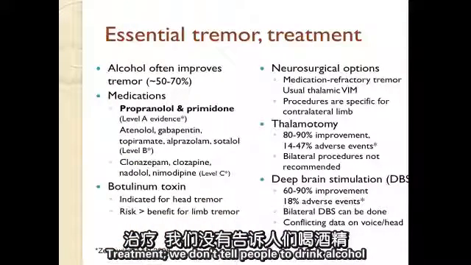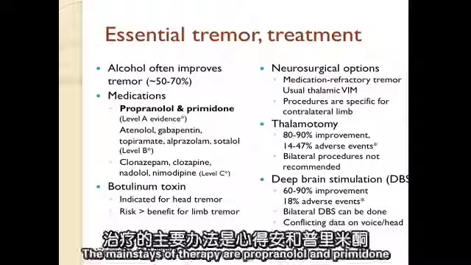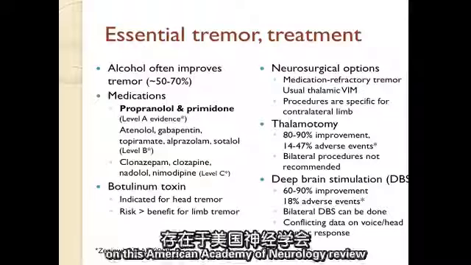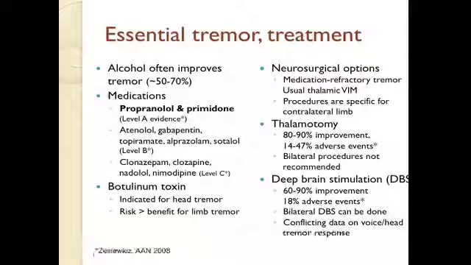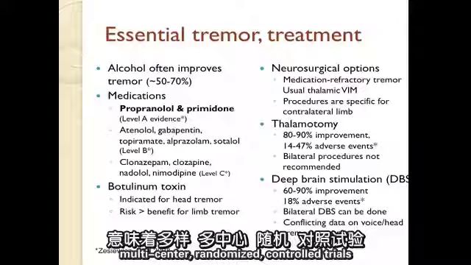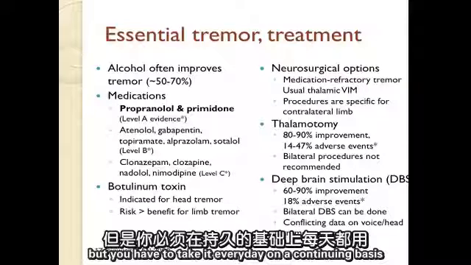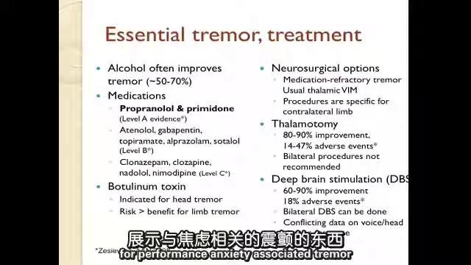Treatment: we don't tell people to drink alcohol, but we don't discourage them from having wine at dinner if it's disabling them for meals. The mainstays of therapy are propranolol and primidone, a beta blocker and an anticonvulsant. These are the only 2 with level A evidence in this American Academy of Neurology review of treatments for essential tremor, meaning multiple multi-center randomized controlled trials. Primidone tends to be better tolerated over the long run, but you have to take it every day on a continuing basis, while propranolol you can start as needed, and it's also what we use for performance anxiety